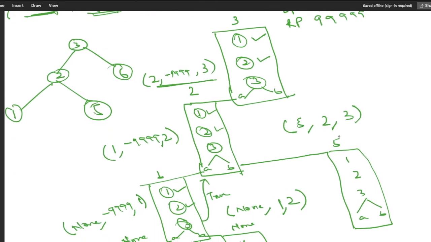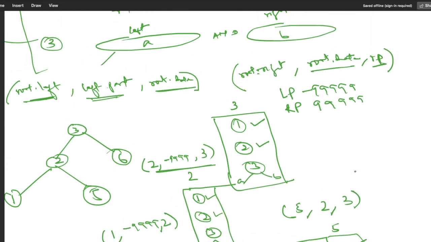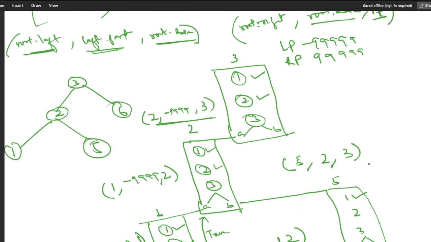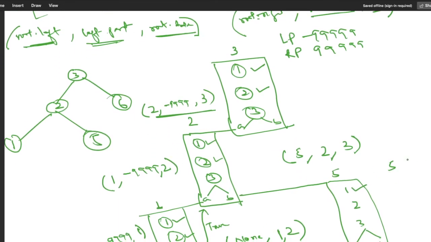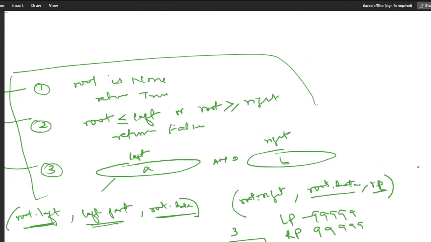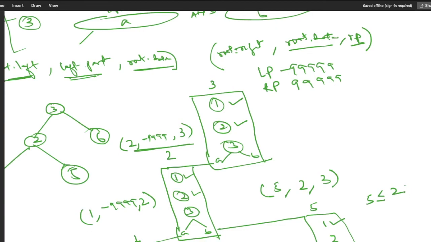Now the very first line, it is not none, so this is passed. The second condition checking is whether root data is less than or equal to the left part. So root data, 5, less than or equal to the left part, which is 2. If you see here, this is false, correct?